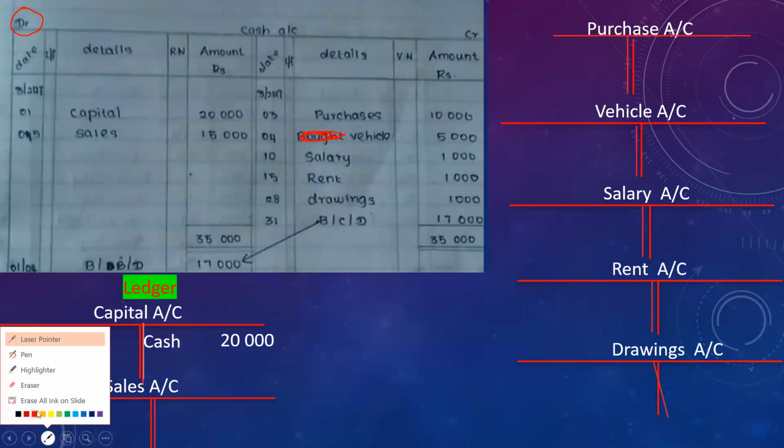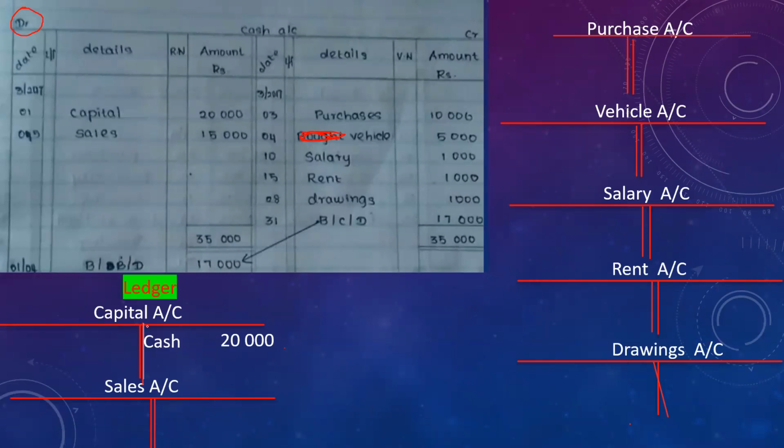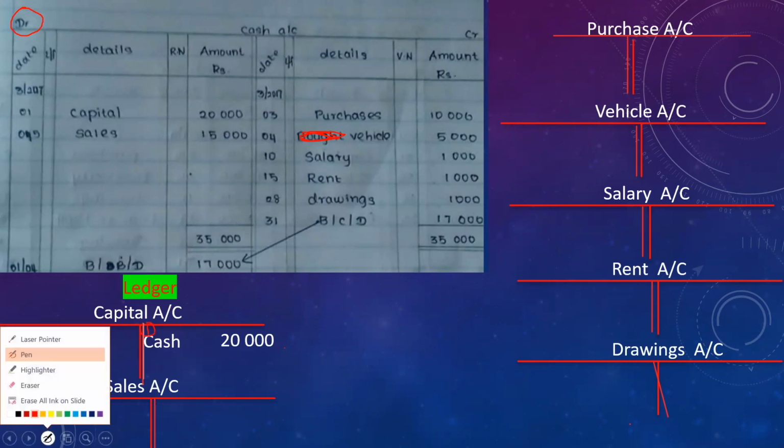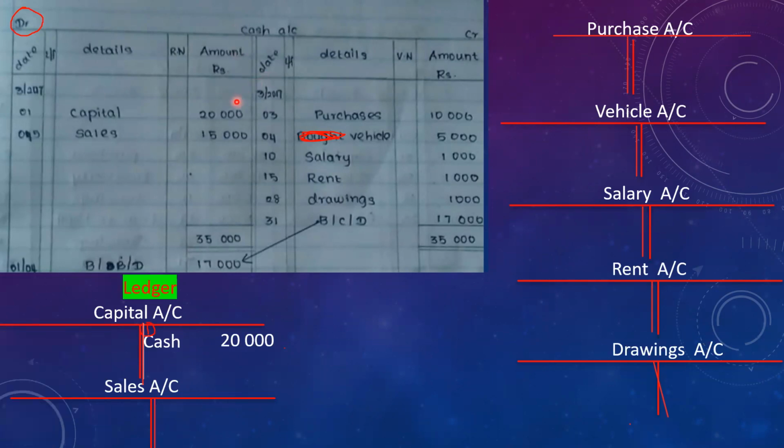You can write the date also, 1st, right? You can write the dates here, no problem. You can leave it, it doesn't matter. Whether you write or not, it doesn't matter for us. The debit entry comes to the credit side, the credit entry comes to the debit side. So capital is on the debit side of the cash account, and it comes to the capital account credit side. Can you understand clearly? Debit entry 20,000 comes to the credit side.